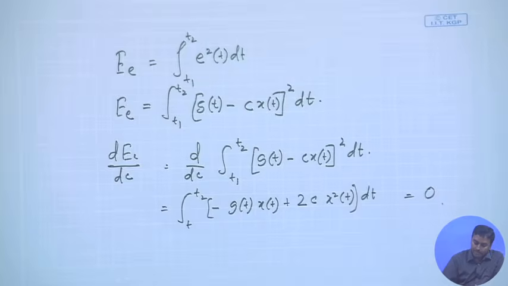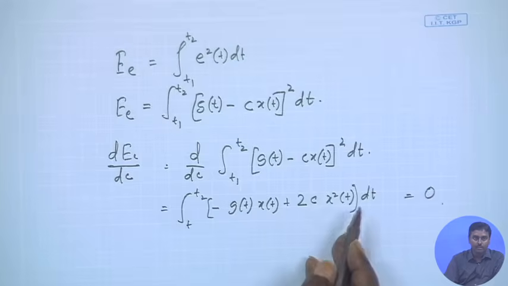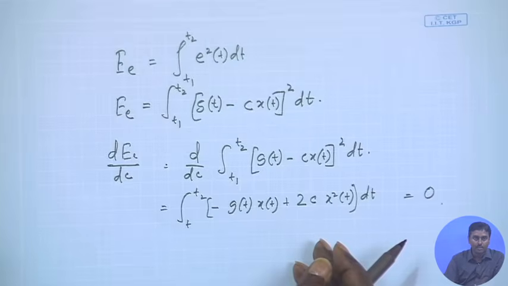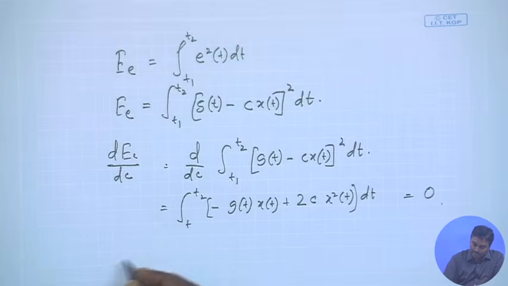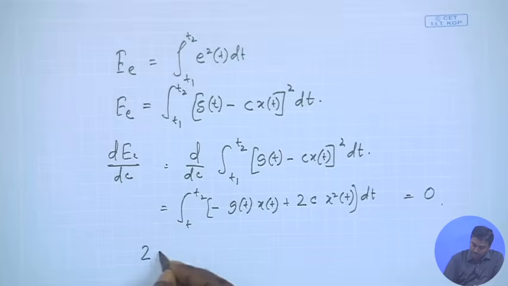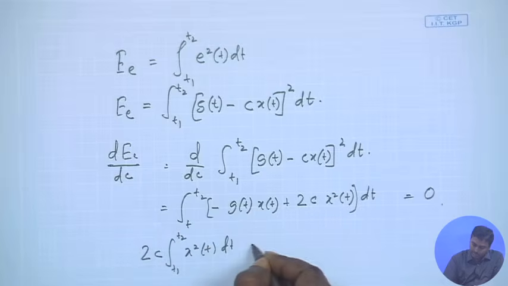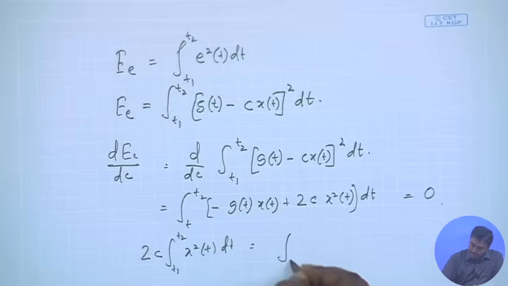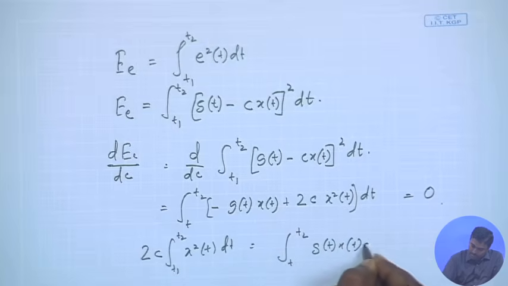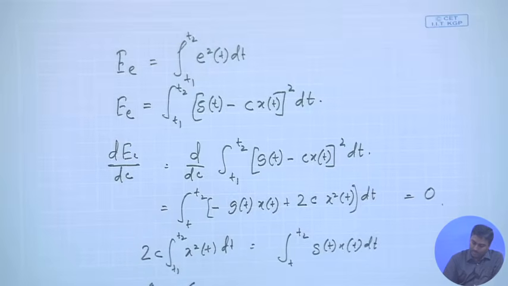Now, if this should be 0, then immediately I can find out C, because C does not depend on the integration variable, that is T. So, I can write this as 2C integration x square t from T1 to T2 dt is equals to integration T1 to T2 gt xt dt. I can write this, or C becomes,